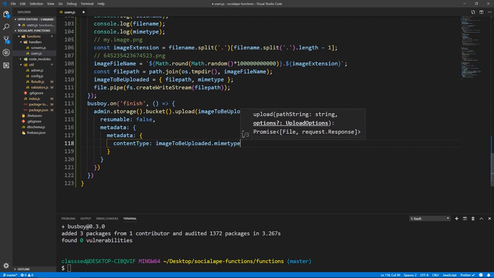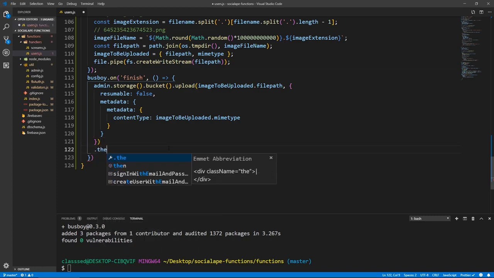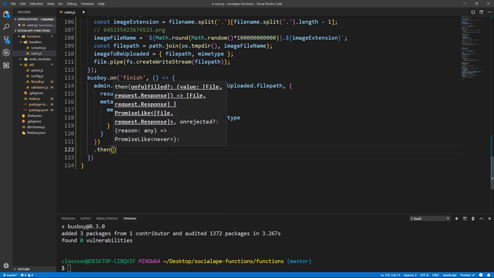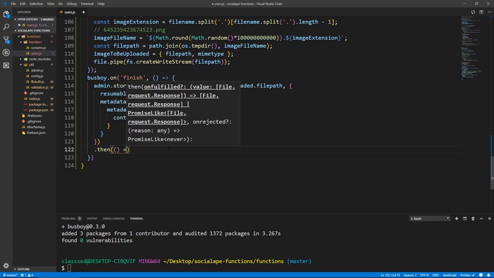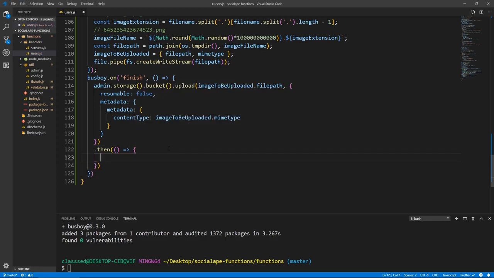All right, so this upload function returns a promise. So we chain .then, and I believe we don't need anything from that. Yeah, so we just go like this, arrow. And here what we need to do is construct the image URL to add it to our user. So actually, we need to do const imageUrl equals, and this will be a template string https://